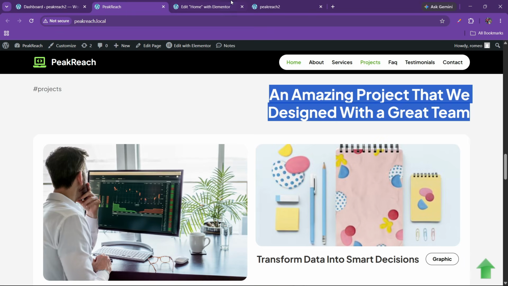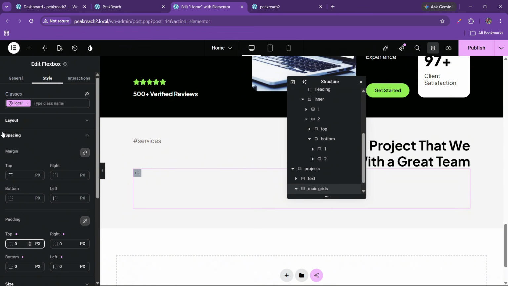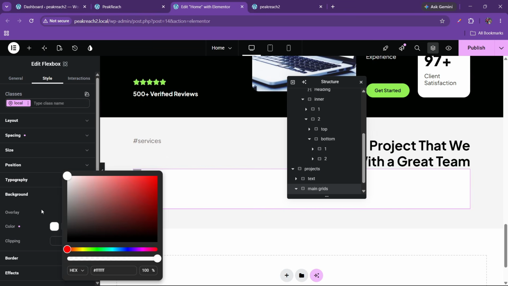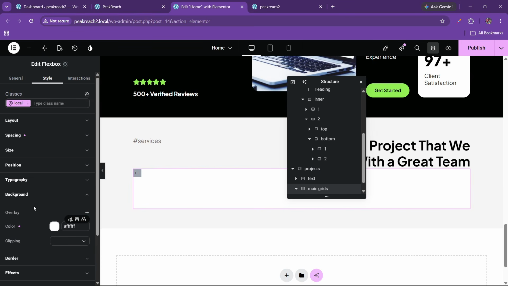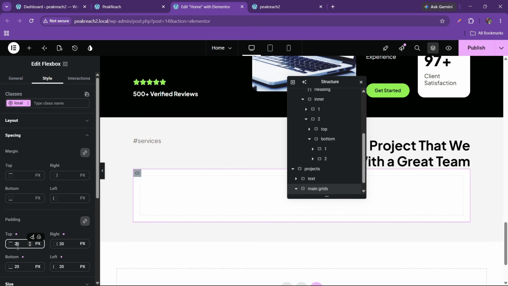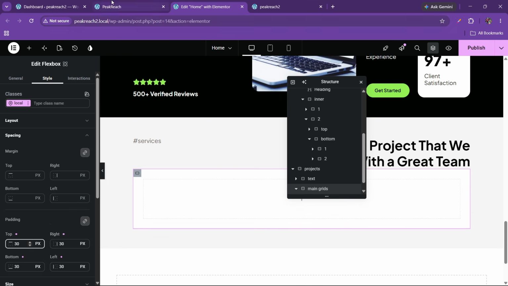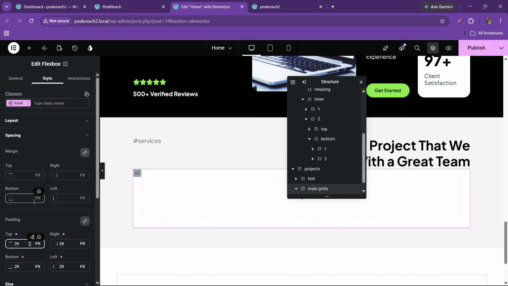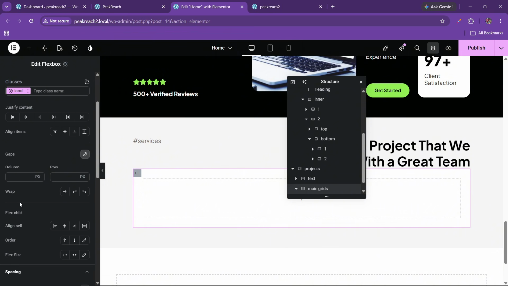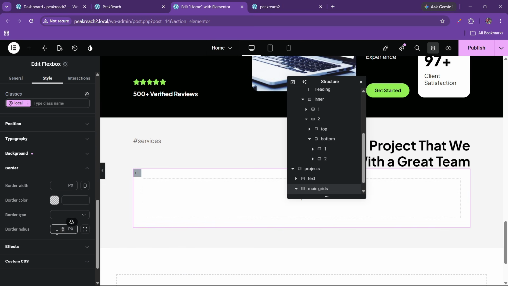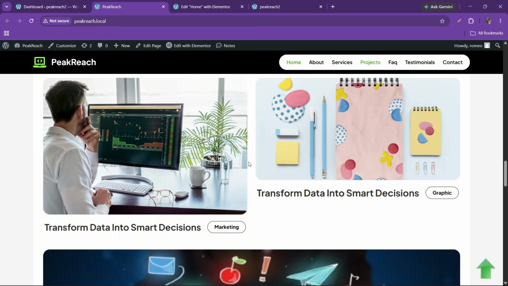Okay, now you can see we have this. Okay, now what we can do, we can just add this white color. Okay, we can add this white color here. Okay, here also we can add the padding. Okay, here also we can add the layout like, okay, we have the border, and we can add the border radius like 20. Okay, now what we can do, we can just